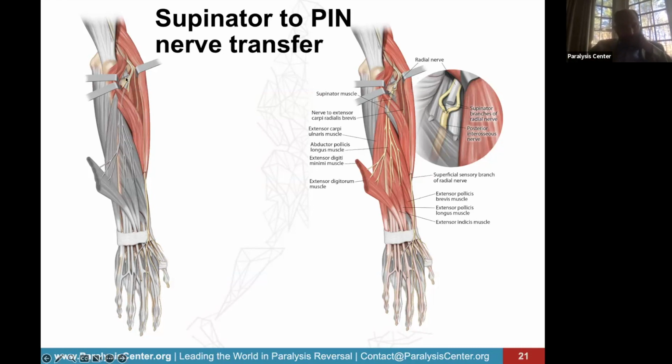So the branches here to this muscle, which turns the palm from facing down to the floor to up, so facing up to the ceiling, that movement is referred to as supination. And this red muscle here, which turns gray there, is a primary mover to make that rotation happen. The other muscle that does that is your biceps muscle. Because the biceps muscle does that, we can get rid of the supinator muscle, and folks, for the most part,